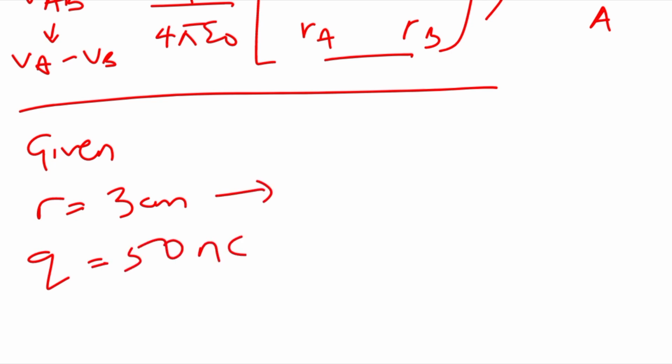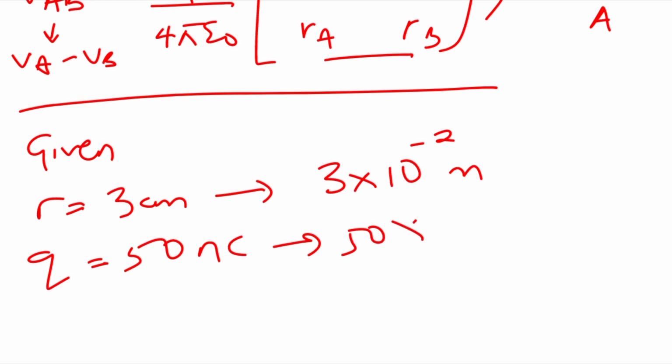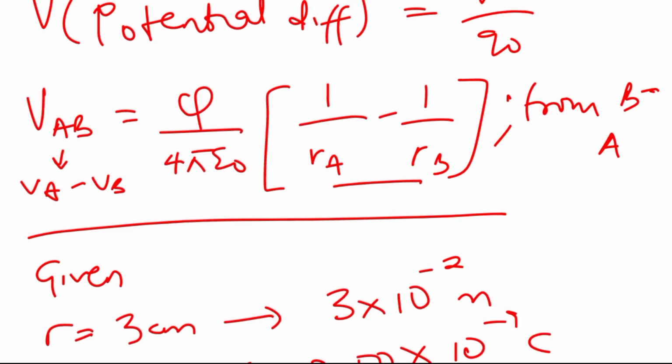We can convert this: R equals 3 times 10 to the power of negative 2 meter, and Q equals 50 times 10 to the power of negative 9 coulomb. Now we are asked to find absolute potential. The difference between absolute potential and potential difference is this. Since we know that this one is the overall formula for 2-point charge, the absolute potential is saying